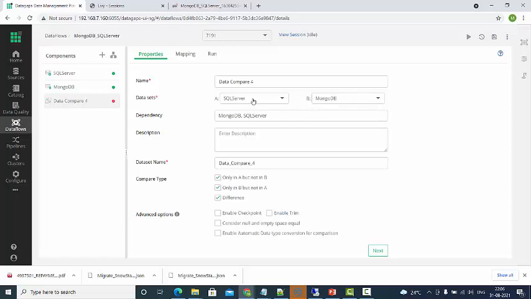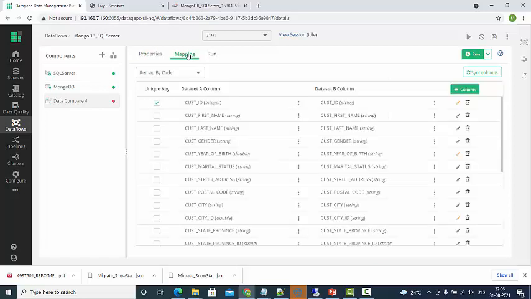In this case, A is SQL Server, B is the MongoDB, and the next step is the mapping step, wherein we map the SQL Server columns against dataset B, which is the MongoDB. There is a unique key, customer ID, in both these tables, which is used to map both the tables. So I'm selecting this as the unique key, customer ID.